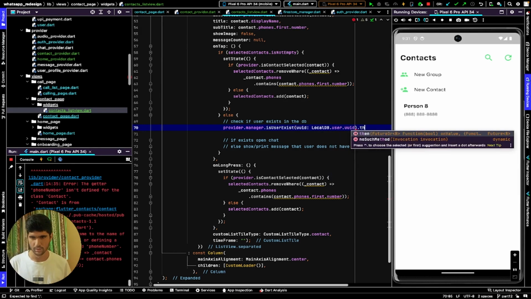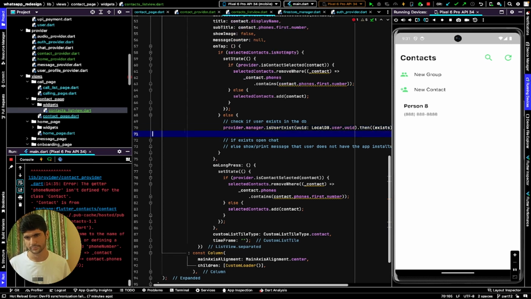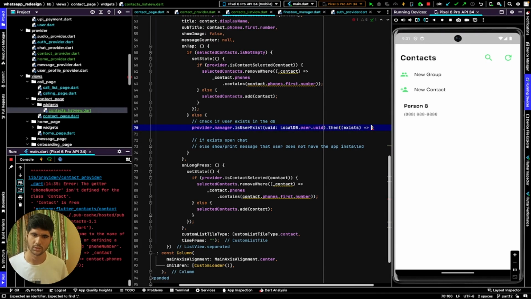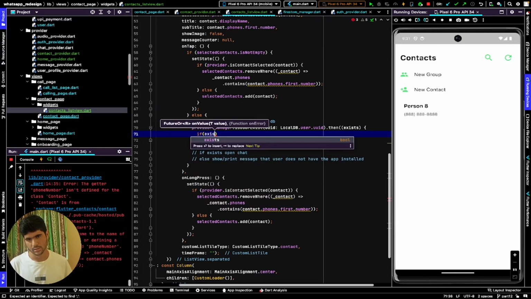Now dot then, and this value will be of type boolean, so I'll change it to exists. Now if exists,